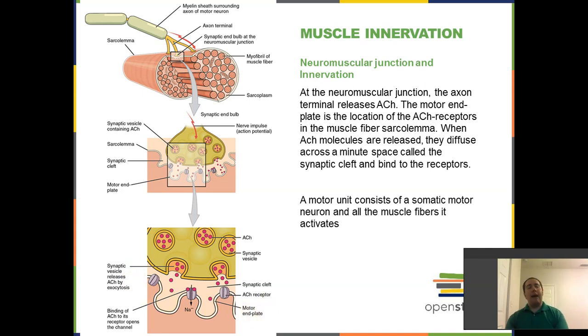Remember when we talked about action potentials in neurons, the neurotransmitter caused a sodium channel to open, which caused sodium to rush in, which created an action potential in the next neuron. The same thing is going to happen here. It's just instead of creating an action potential, it's going to cause the muscle to contract. And so, the acetylcholine floats across the synapse, binds to a sodium channel, and causes it to open, allowing sodium to enter